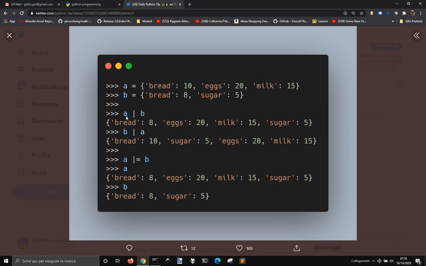So you see here A union with B. The bread will have the number 8 of the second one. So the second one, the right one, will have its value in the new dictionary if they have a key in common. And instead, this one that is union equal, don't know how to call it, but we'll have